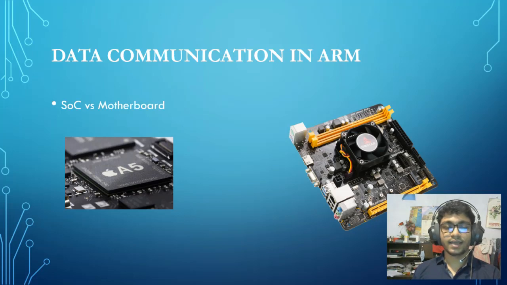On the other hand, x86 processors are using a motherboard, and the motherboard is slower because previously we had a north bridge and south bridge on the motherboard, but Intel developed a way to reduce the north bridge, and the north bridge is right now inside the chip. That means there is no separate cache, so the communication between the north bridge and the processor is faster, but still there is a south bridge. The data flowing through the south bridge uses a bus and it takes time to execute.